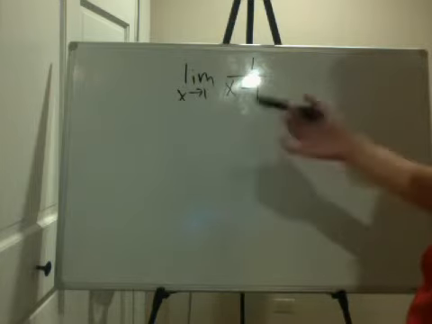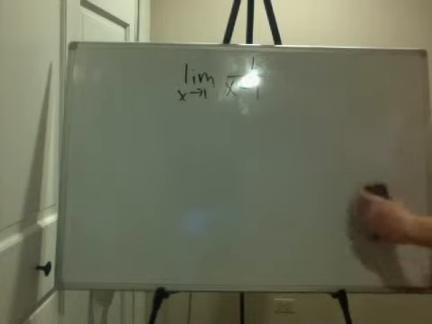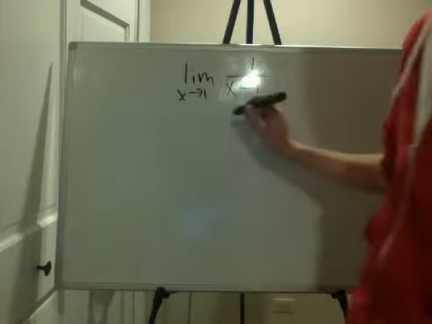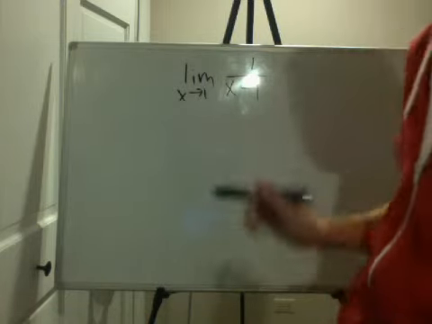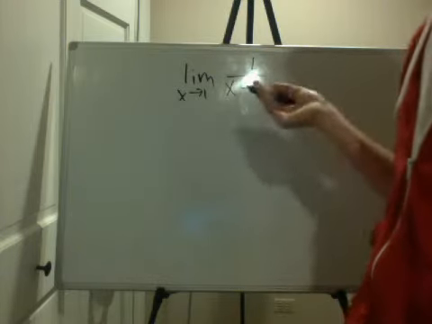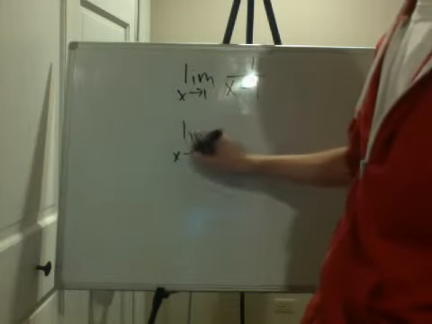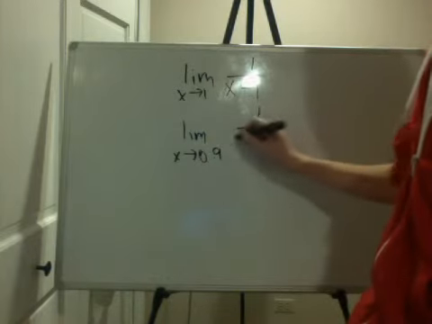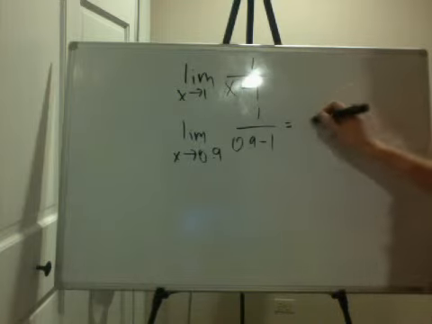Now, in this one, you can't plug in 1, because you're going to get something that divides by 0. So instead, you've got to plug in things from the left and the right to see if this limit exists. If we plug in something really, really close to 1, but a little less than 1, you can get a somewhat of a guess. So in this case, x, we'll do like 0.9. And you'll get 1 over 0.9 minus 1, which is the same thing as 1 over